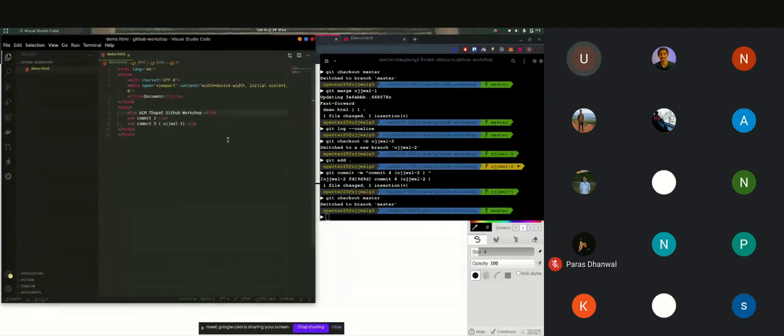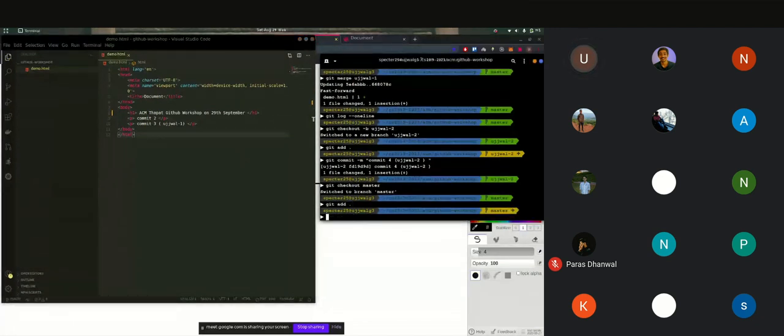So what I will do is I will make a commit on 29. I will add those changes, basically. I will take a snapshot of these changes as well. So this is commit 5 and we made it on the master branch.